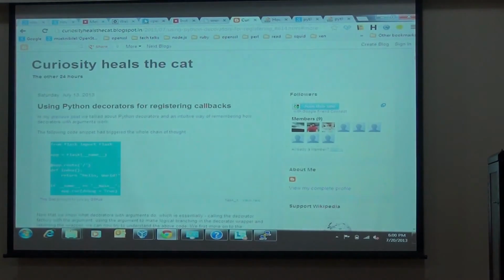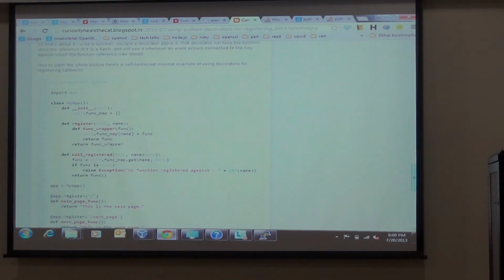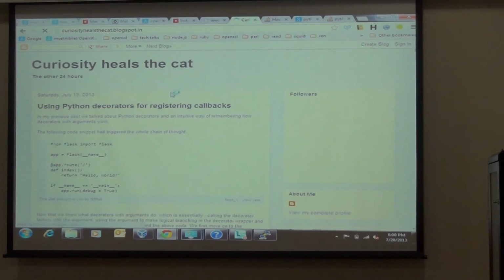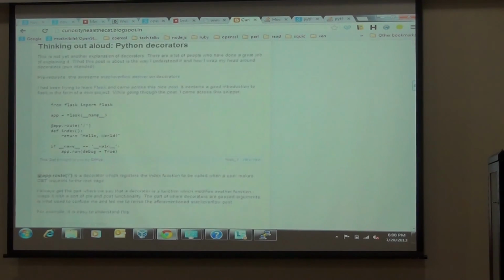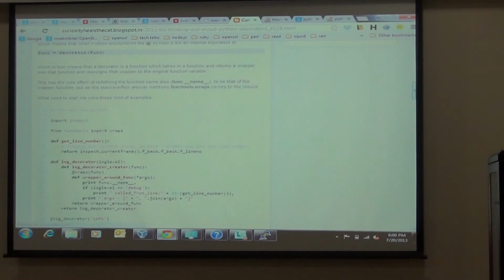I'll show you the example that I was trying to create. Actually, I was not able to recreate it cleanly here. Yeah, this is the one. I was trying to give you guys this example.